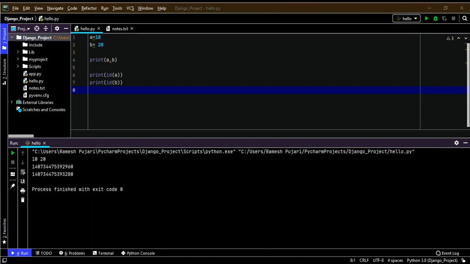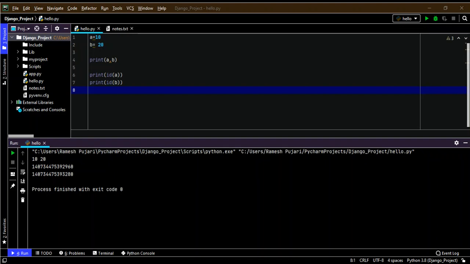Next, I'm going to explain multiple assignment, which means we can assign values to multiple variables in a single statement, also called multiple assignments. We can apply multiple assignment in two ways: either by assigning a single value to multiple variables, or assigning multiple values to multiple variables. Consider an example. Assigning a single value to multiple variables means I declare multiple variables, for example x equal to y equal to z equal to 50.